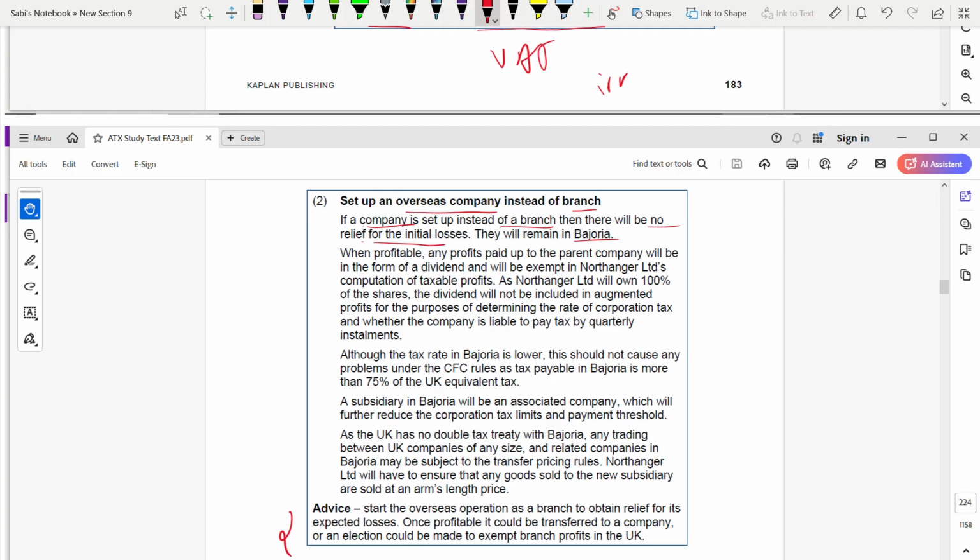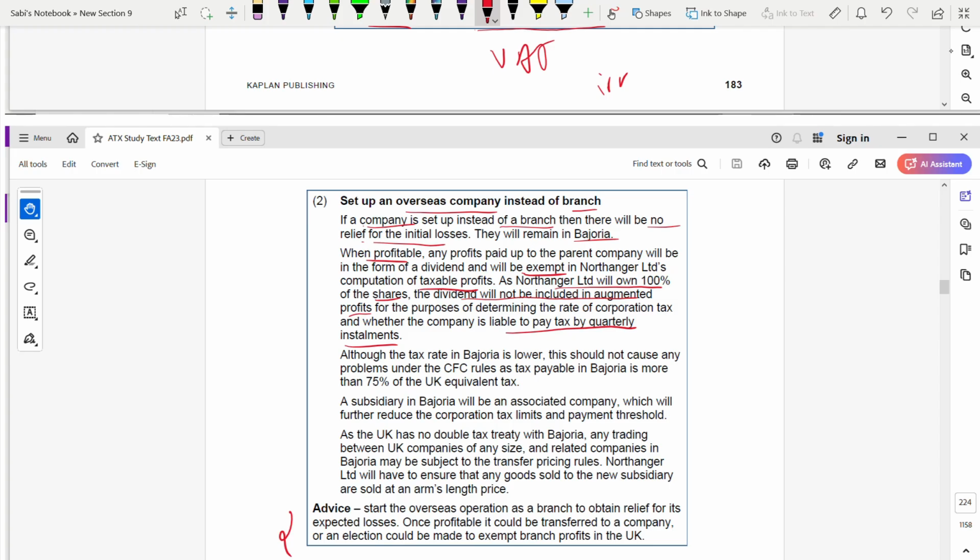That is about loss. But what when you are profitable? Any profit that is paid by the subsidiary as a dividend will be exempt in their taxable profit, because dividends are exempt. If you are a company, then it will be exempt. Why? Because as they own 100% of shares, the dividend will not be included in the augmented profit for the purpose of determining the rate of corporation tax, and the company is liable to pay tax by quarterly installments. Therefore,